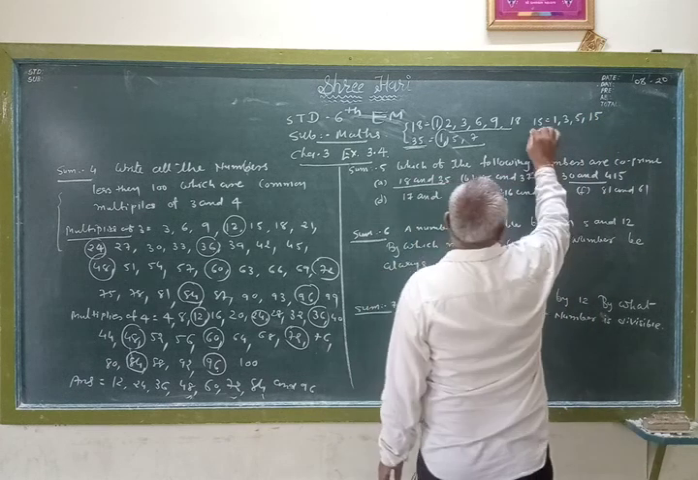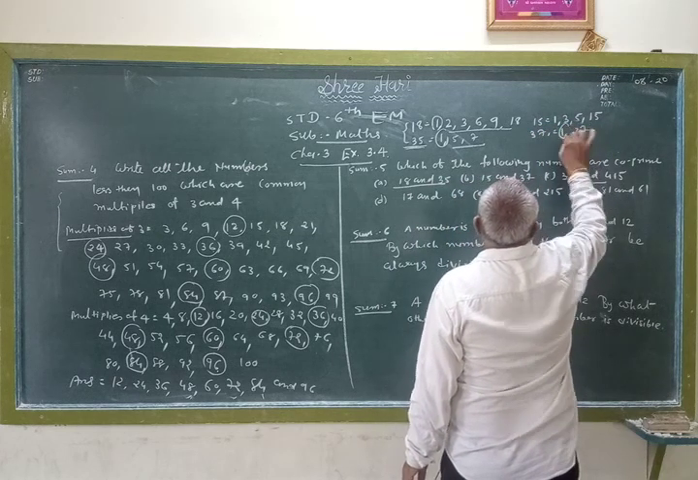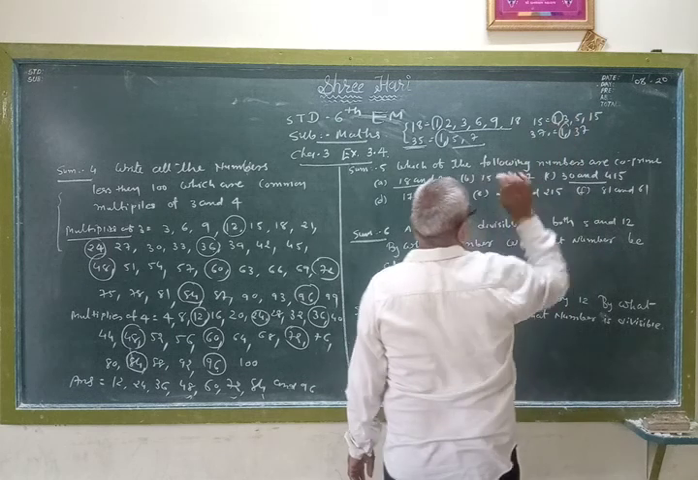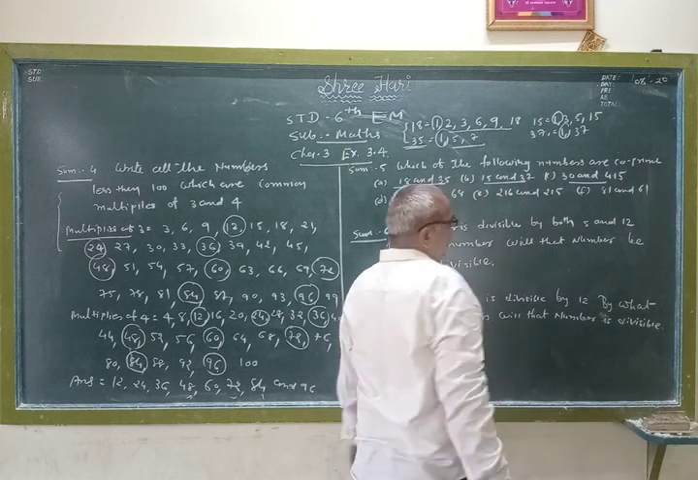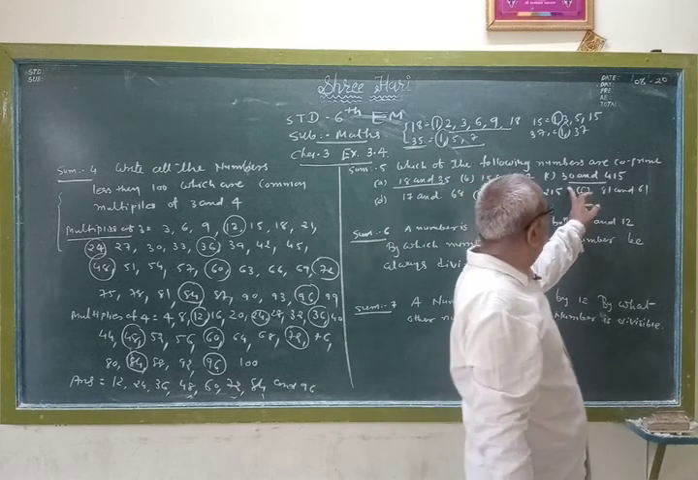Then 35 has only two factors, 1 and 35, because it is prime. So 1 is common, so it is also a co-prime pair. Now 30 and